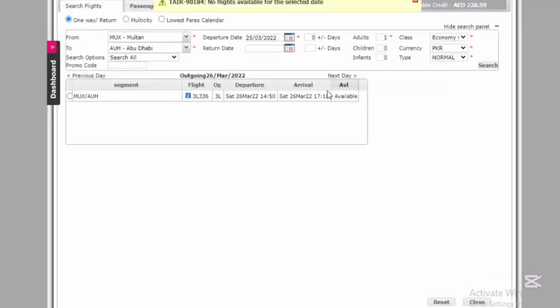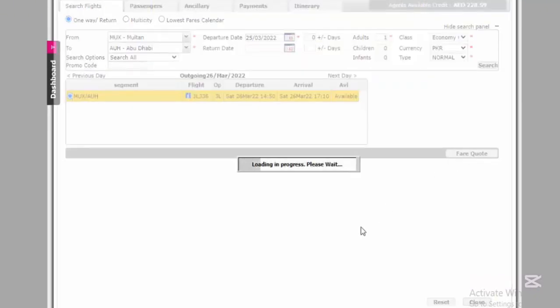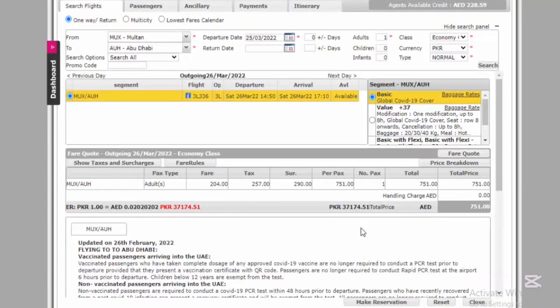Here you can see the date that you want to reserve. Select your desired fare without baggage and continue for reservation. Here you should put your desired baggage